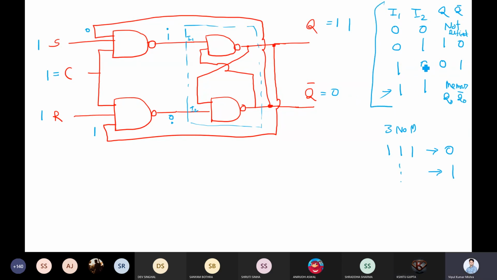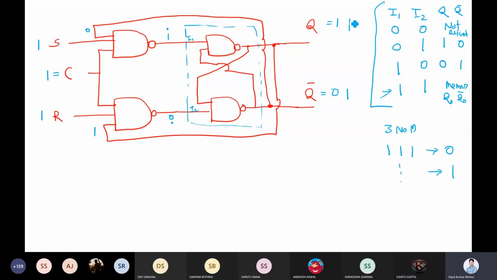Don't need to worry, just check out this table. If it is 1, 0, the input is 1 and this is 0, then what will happen? Q bar will be 1, Q bar will come as 1.